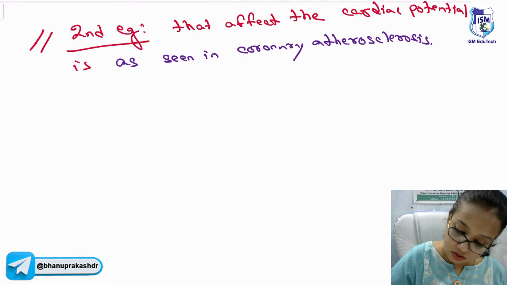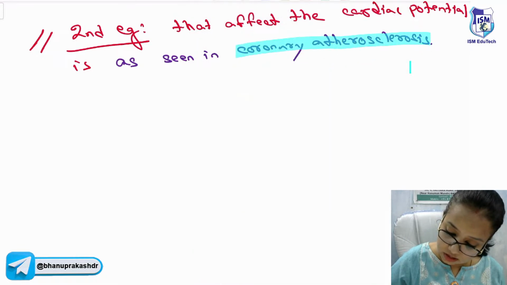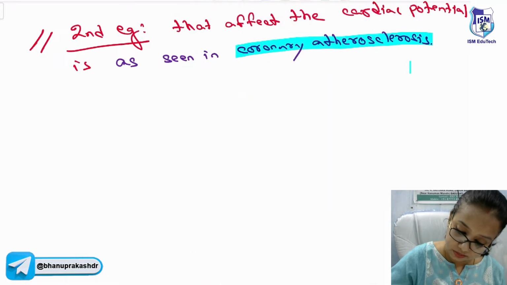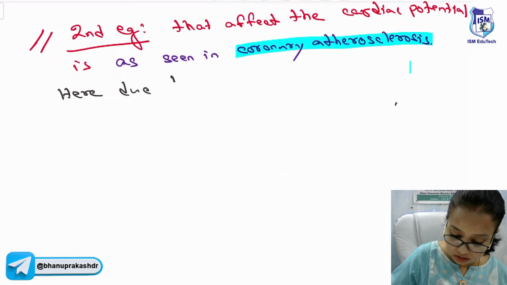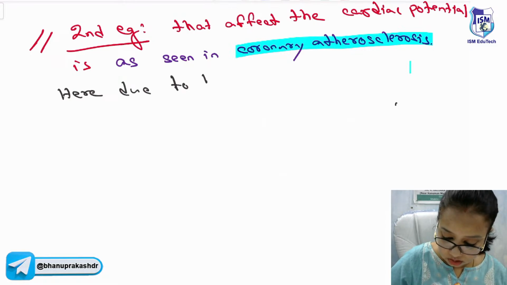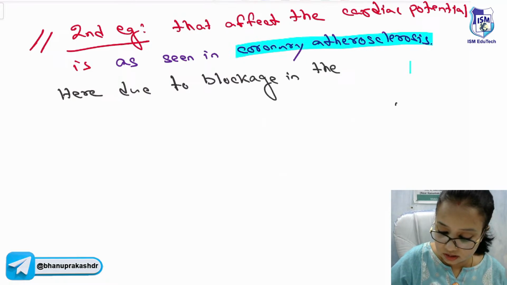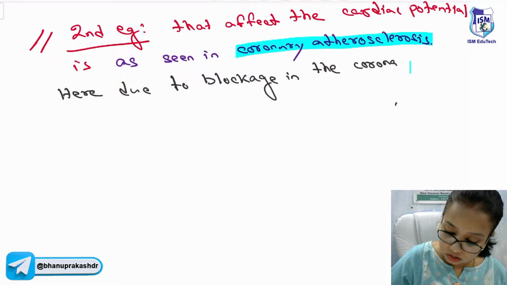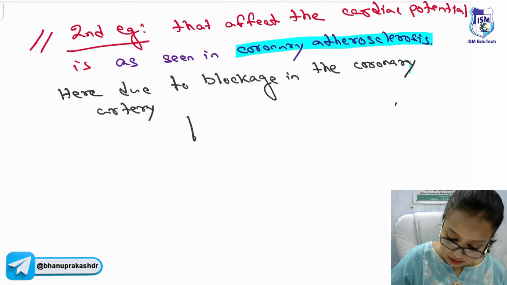So what happens in coronary atherosclerosis? Here, due to blockage in the coronary artery,